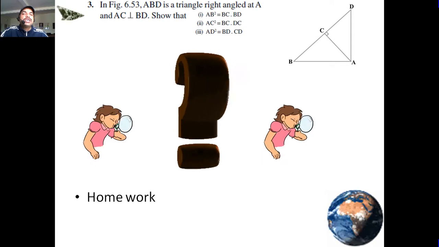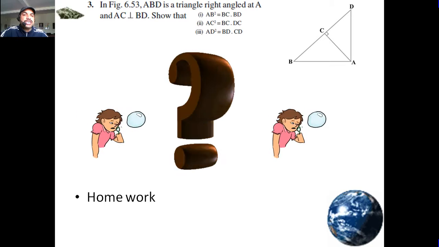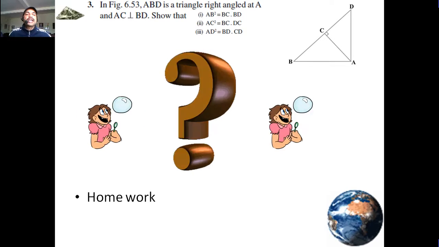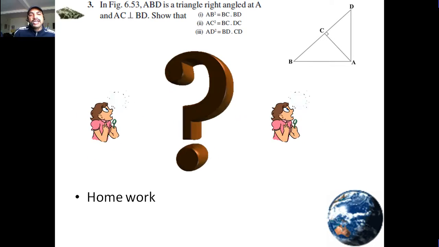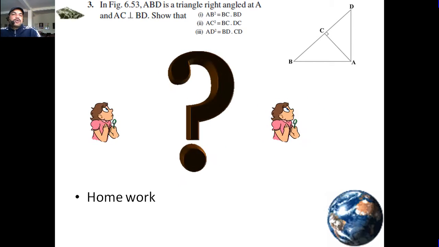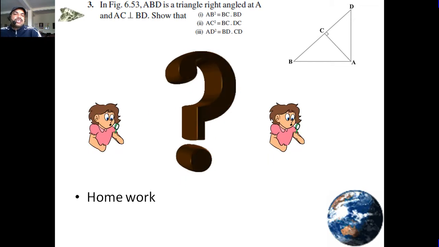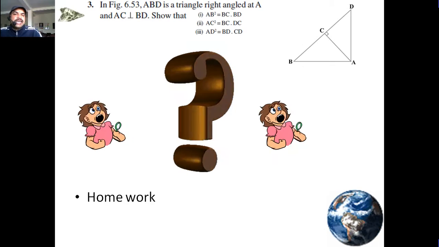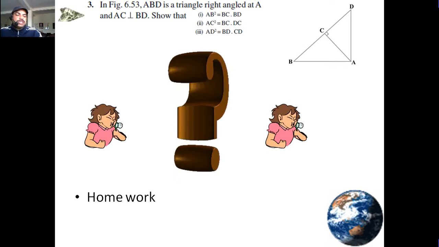Now to prove that AC square is equal to BC into DC, here are the two triangles. Triangle DCA is similar to triangle ACB, and using the similarity criteria, we get the result AC square is equal to BC